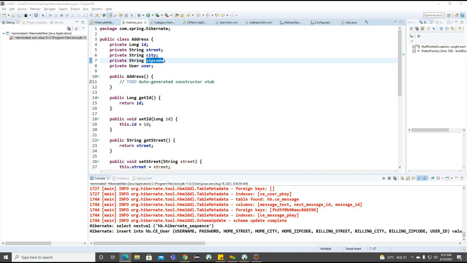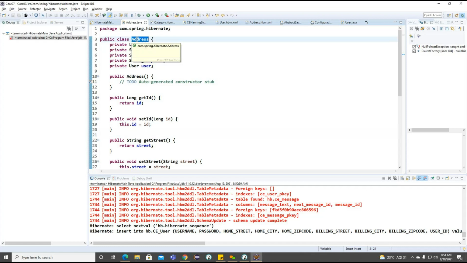So as we discussed, we have three inheritance strategies. And whenever we discuss table for concrete class, it is going to discuss the polymorphism as well as the inheritance relationship. Why does it discuss polymorphism and inheritance? Because here we are going to work on one table, one class. If the class is extending from another class, what happens internally? Whatever properties we have, all the properties we are going to put into the appropriate table.